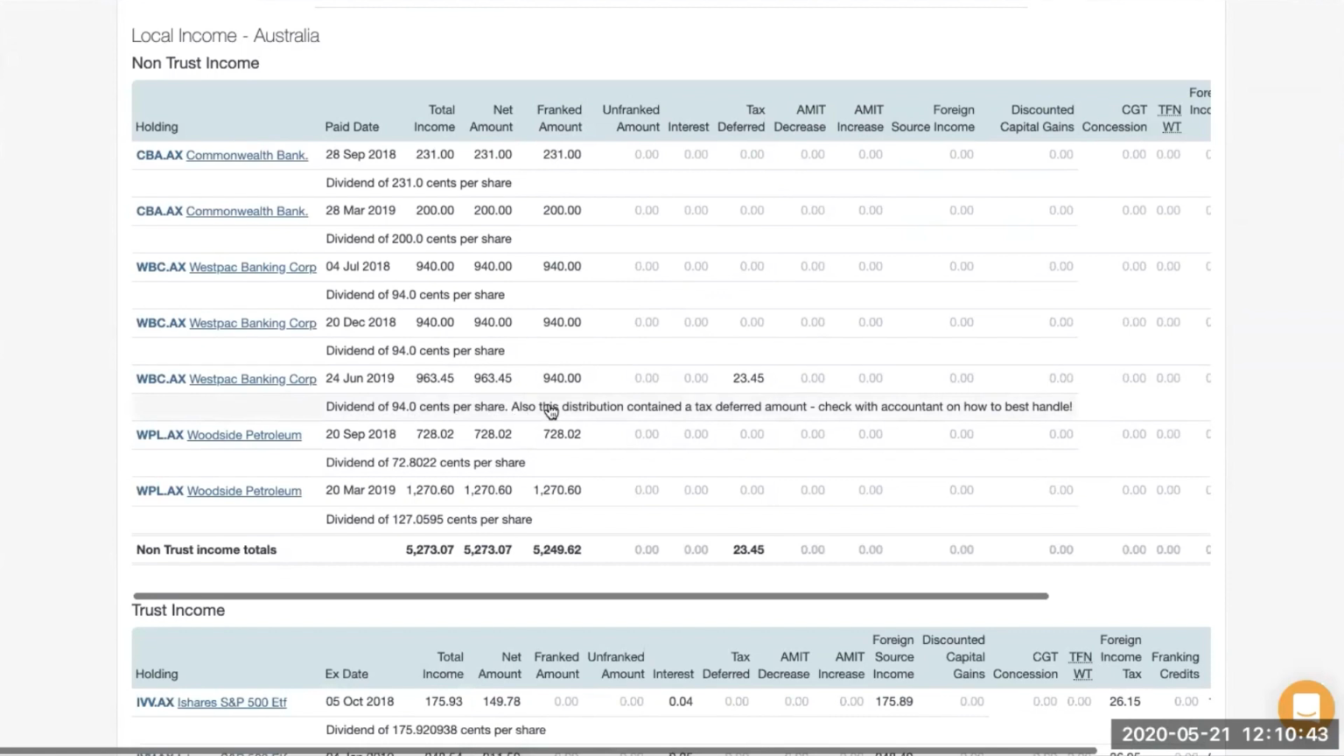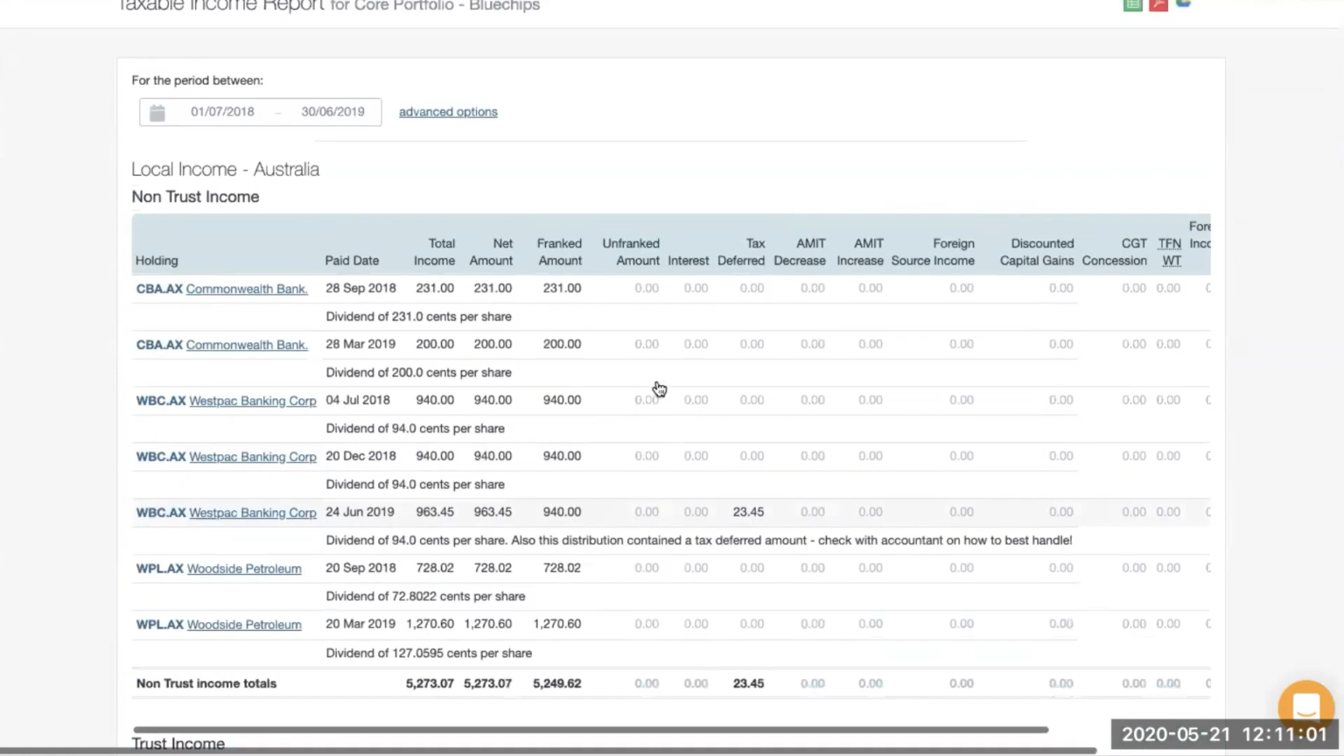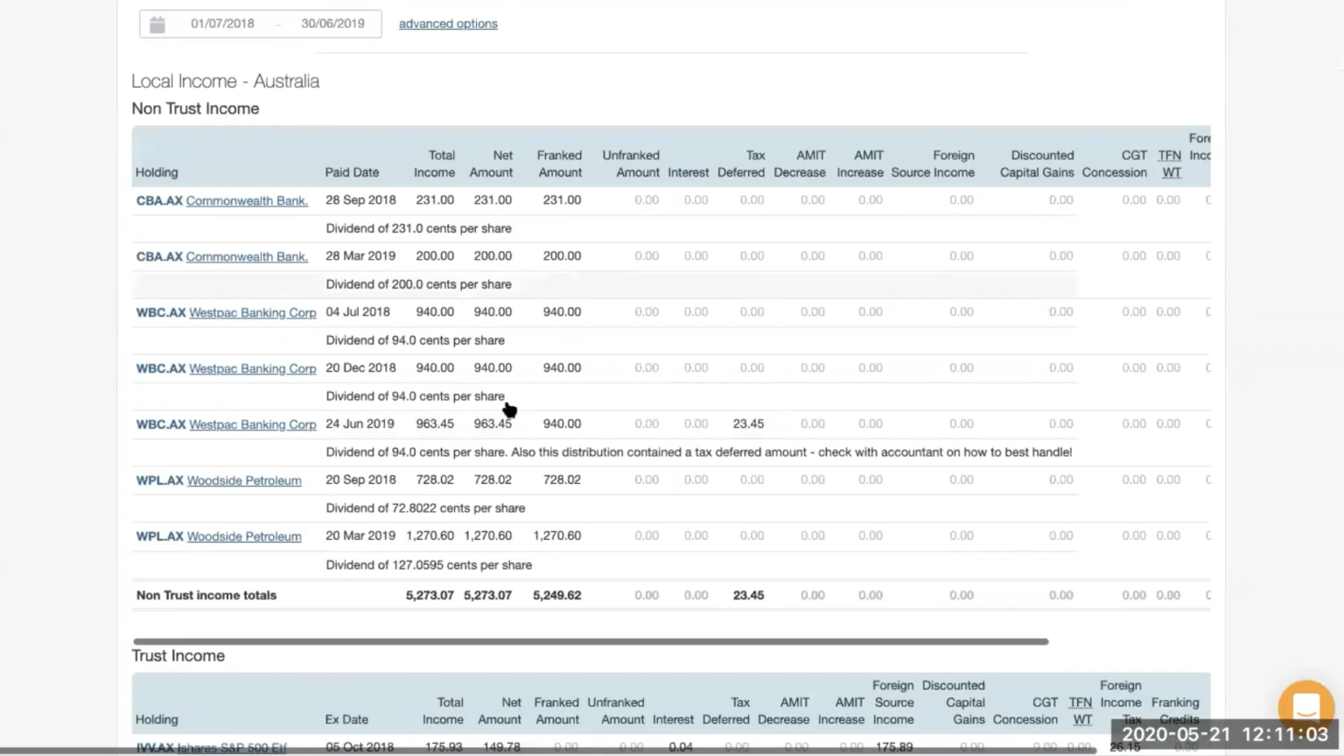But I've added in this here, which says this distribution contained a tax-deferred amount. Check with my accountant on how best to handle. Now that's fictitious. I've just entered in this tax-deferred amount right here of $23.45. But if you are showing comments, it's a nice way to call this out on the screen. And if you export this to any of the formats above, the comments will come out in that